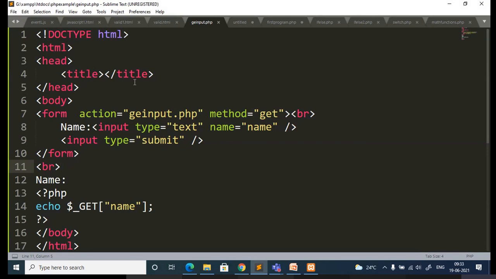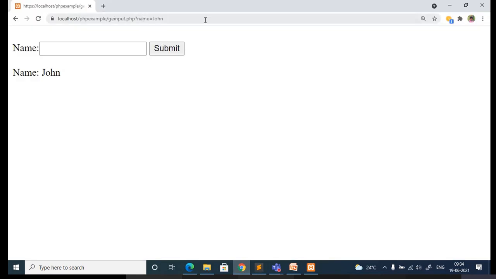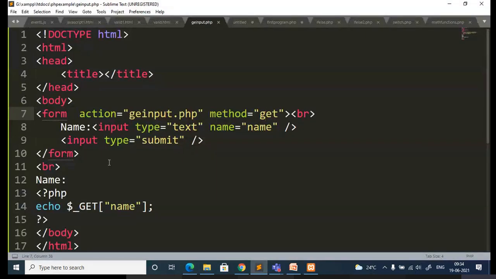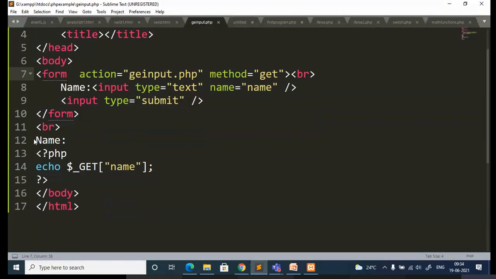The important thing is that whatever file name you have given, you need to specify the same thing, with the .php extension, and the method here I am using is GET. You know the features of the GET method. Whatever data you submit, you can see everything in the URL, in the form of a query string. That's all. I have the input button and submit and just gave proper names. And in the PHP code, I'm trying to access this element using $_GET. So using $_GET, I can access the form elements and display them in the browser.